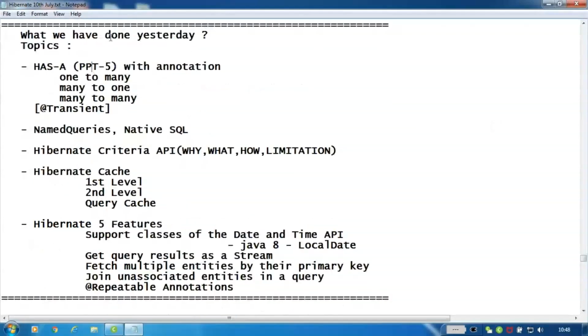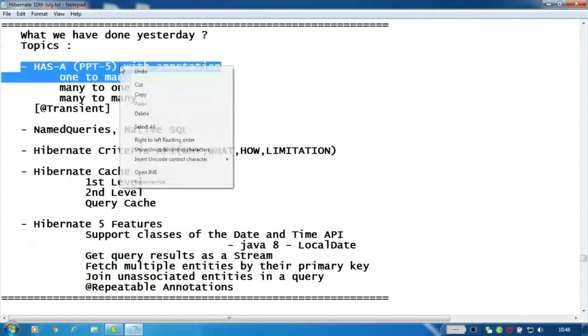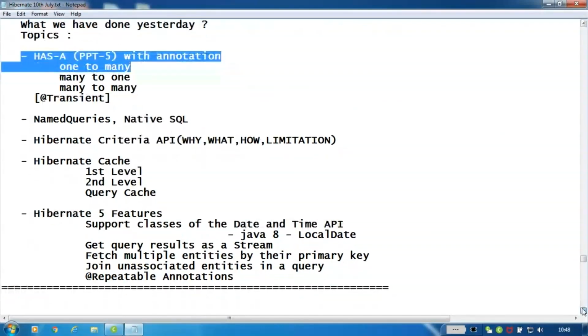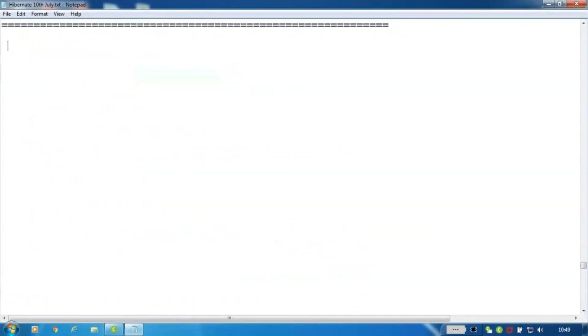So today we'll talk about one-to-many, has a relationship. Last day we have done one-to-one, right? So when you're using one-to-one association,